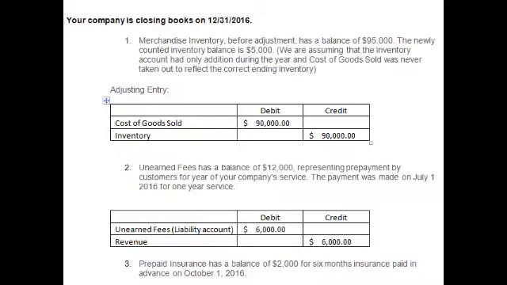This is the simplest way of handling inventory. We are assuming that this company has been just accumulating inventory and keep adding to the inventory account, but never have taken out any cost of goods sold. As you know, when we